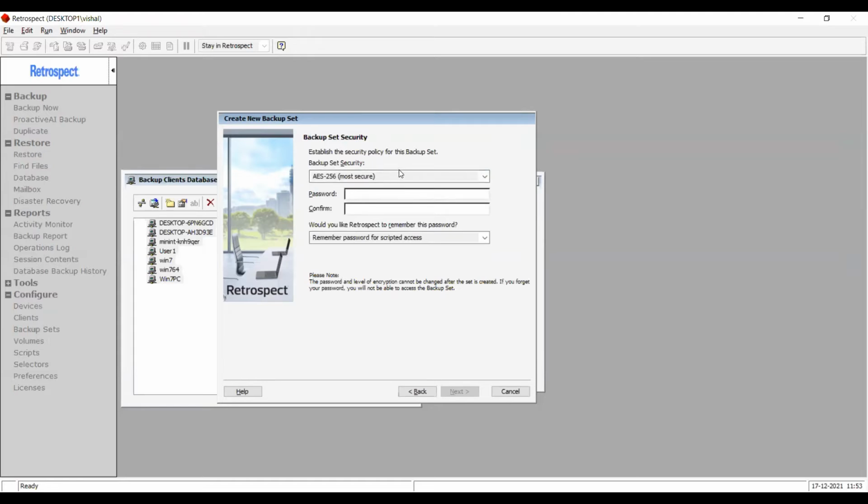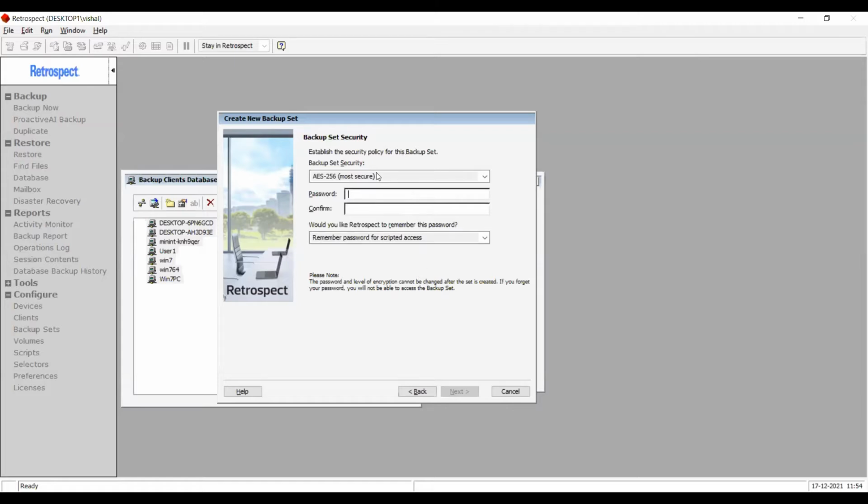For example, if you have chosen not to use encryption and later on you want to use encryption, the simple way around would be to create a new backup set with the required setting. Like earlier you were not using it, now you want to use it. So the new backup set is created with encryption, and then you can use the Retrospect Transfer Backup tool, which is in this Tools section, to transfer the backup from the old unencrypted backup set to an encrypted backup set, and vice versa. If you have an encrypted backup set and don't want to be using that anymore, you can transfer the data to an unencrypted backup set.